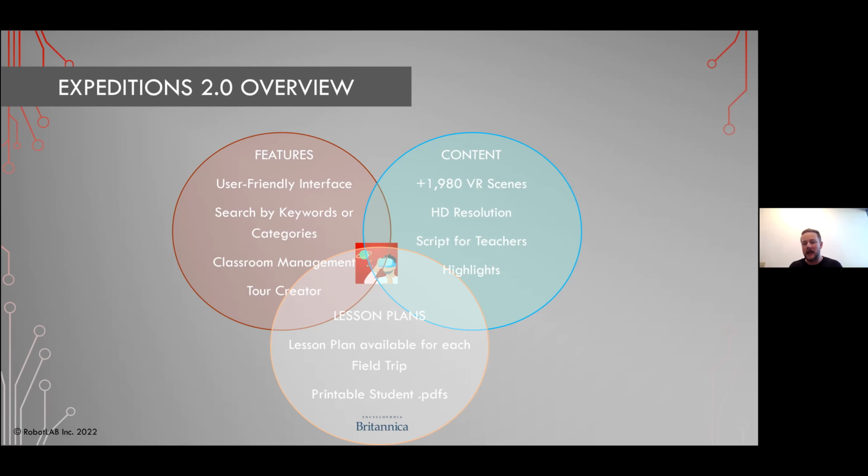Moving to content, as I was mentioning, there is tons of content, 250 expeditions, which is a little less than a couple of thousand VR scenes. A big improvement over Google Expeditions is that 100% of our content is HD resolution. Most of the content on Google Expeditions, which had 1,150 expeditions, 85% of it, came from Google Street View. It's good because it's a lot of content, but in terms of quality, it's not that great, especially in terms of